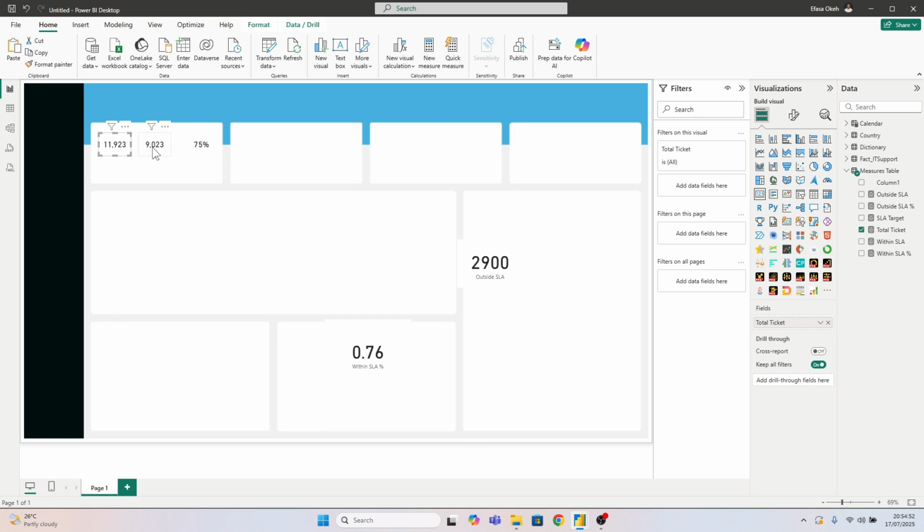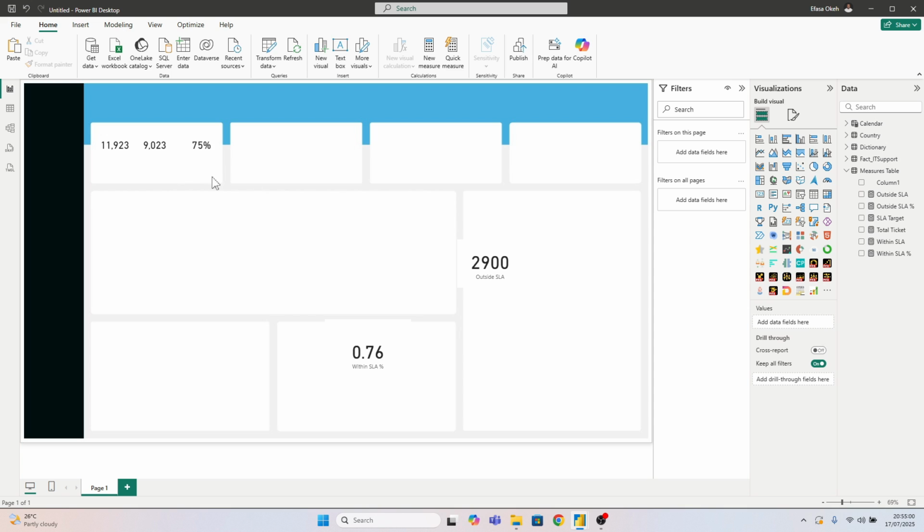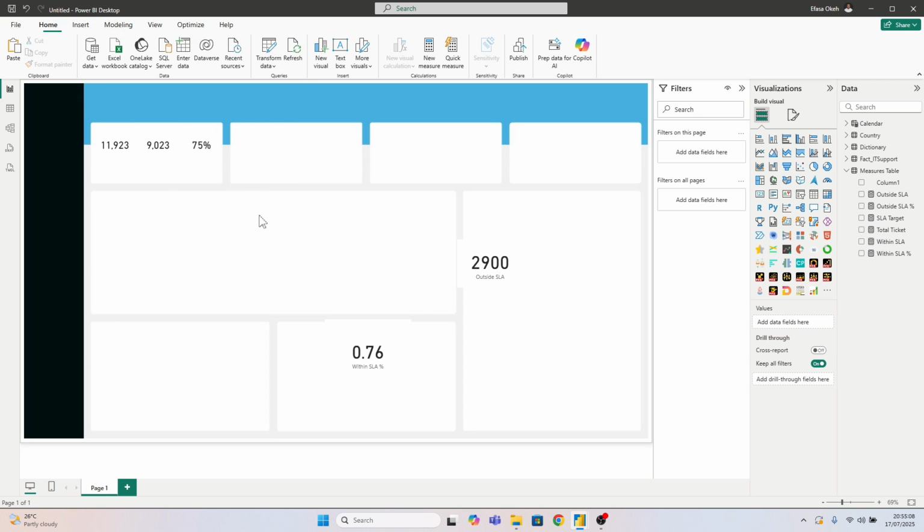Okay, I think the text size, the colored value is actually small, so let's try 25. Should be fine. Okay, 25 is absolutely okay. So I'll select this, hold down my control, select this, just come to format, align, and distribute horizontally. So that's fine. So now that we have this, the next thing we want to look at is the percentage